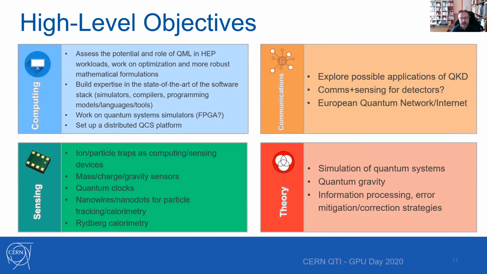So those activities will continue, but we will also look at possible applications to high energy physics, new classes, new types of calorimeters, of particle detectors, and understand what is the potential for future HEP detectors. Communication is also a very important class of applications. There are a lot of discussions today in Europe and in other parts of the world to build the next generation of quantum internet applications. So I will give you more information in a moment.